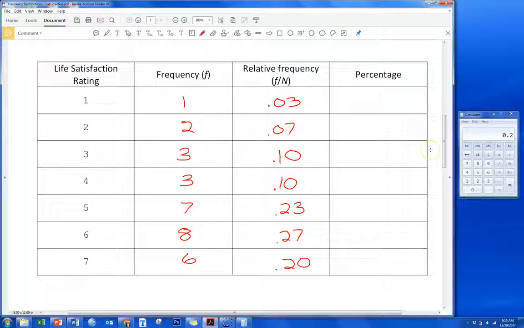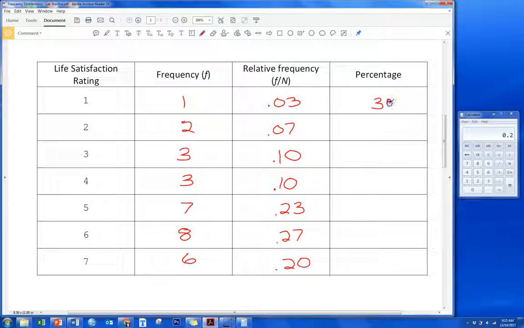Now the final thing we want to include is the last column, which is the percentage. And so we just need to convert from a relative frequency, or a decimal, to a percentage. To convert a decimal to a percentage is very easy. All you have to do is move the decimal place 2 places to the right and add a percent sign. Okay, so in the first one we have 0.03. We move the decimal place over twice. So that's going to be